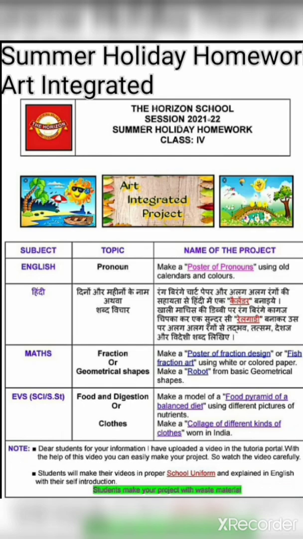2D shapes are plane shapes, which include triangle, rectangle, square and circle. And another one is 3D shapes like cone, cuboid, cube, sphere, etc. So if there is a balanced diet food pyramid, you will make it in a plane shape like a triangle, or you will choose a 3D shape like a pyramid, you will make the pyramid like a cone. So you just integrate your maths with science, because you are drawing the pyramid in the form of a cone.